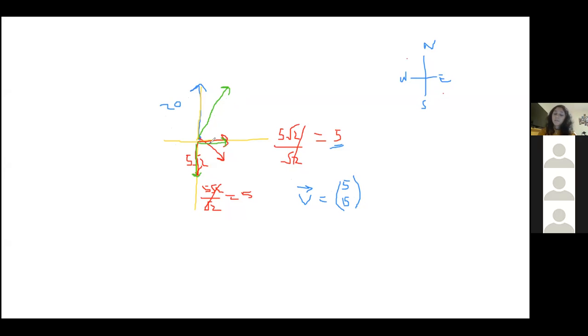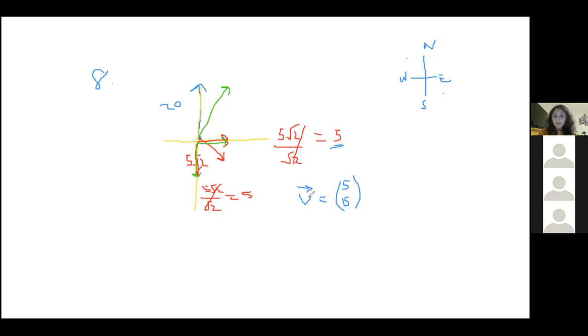So this is the vector, but we're not quite done because we need a magnitude and we need a direction. The reason I chose this particular question, number 8, to go through is because it ties together all of the vector concepts that we've done so far in the course. I thought this tied everything together really nicely.